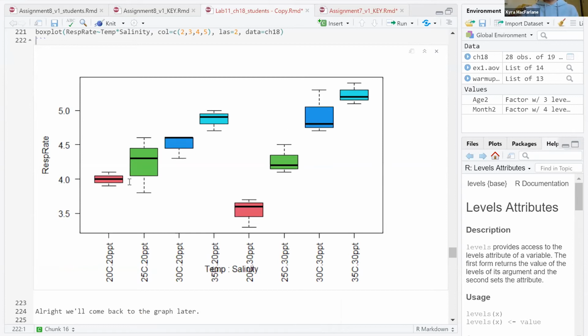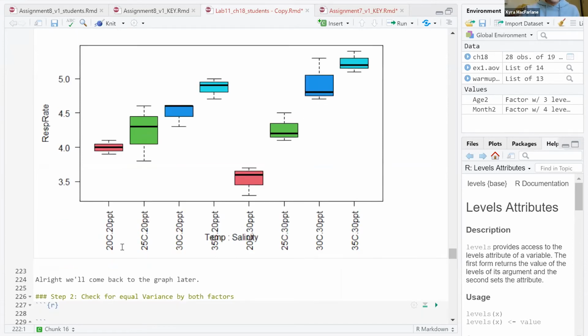So we have more colors because each color represents a temperature now. So red is 20 degrees Celsius, green is 25, dark blue is 30, light blue is 35. So we can still see these patterns here, but just more colors generally makes it a little bit harder to